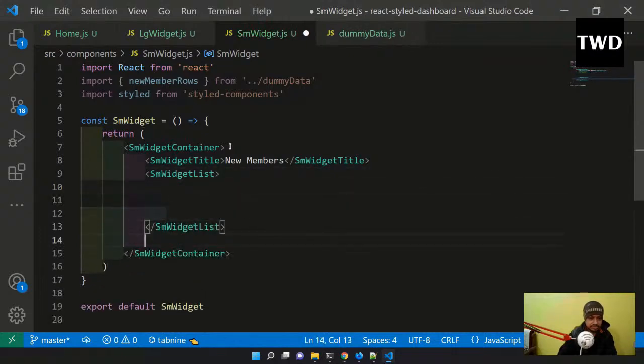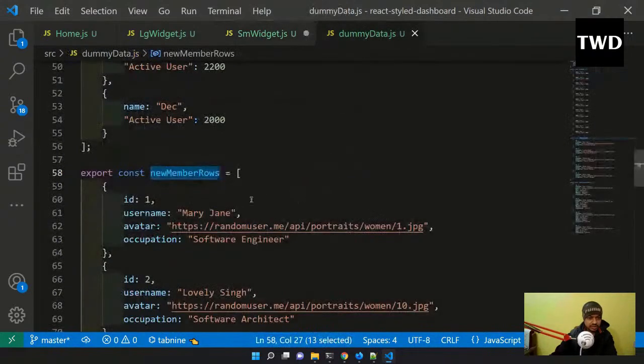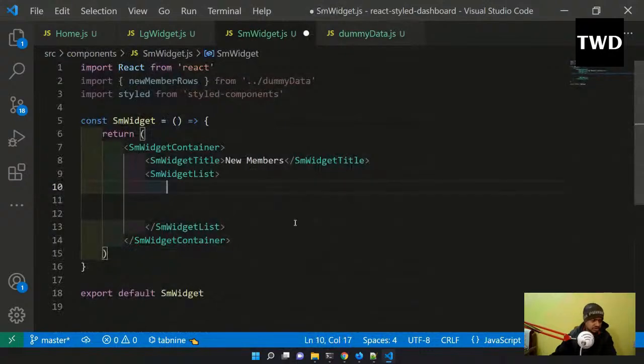Then that new member row which we have done, we are going to use it because we want to show it how many times. We have 5 users, so we want to show it 5 times. So this is a small list. So new member row